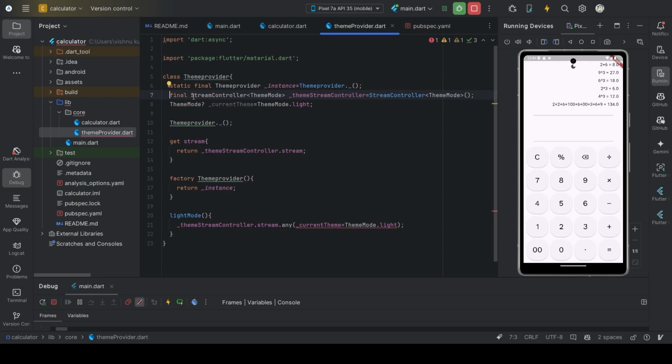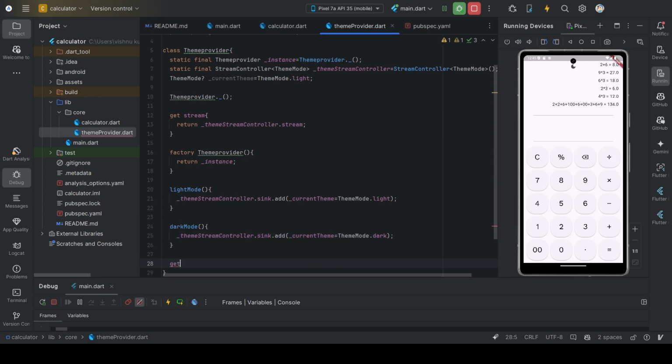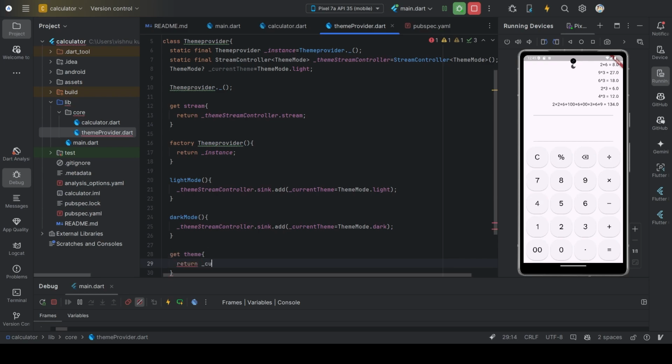Okay, one second. This can be static, right? Stream sink dot add, and then we have darkMode, which will do a similar thing. Just the current theme will be dark, and when we get the theme, we'll return the current theme,